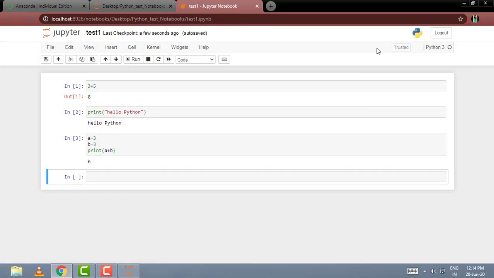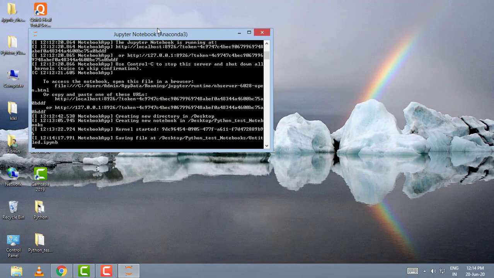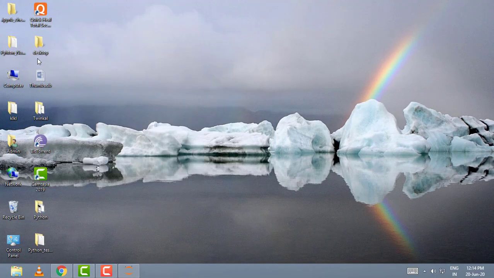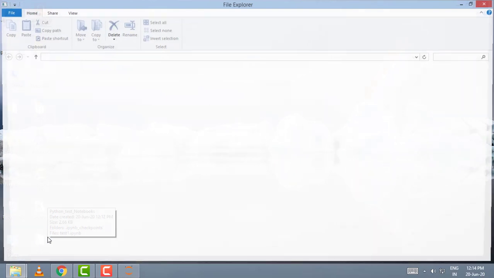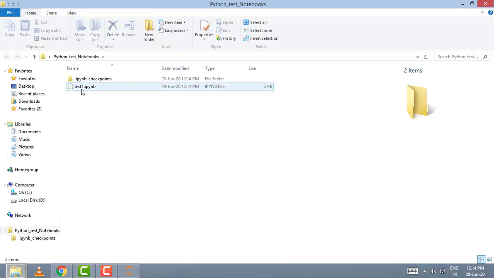Now this notebook is saved in the desktop directory. I am going to use this notebook from the Python test notebooks folder. Open that folder from the desktop and test1.ipynb is shown here. ipynb is the extension for Python Jupyter notebooks. We can use this file in future.